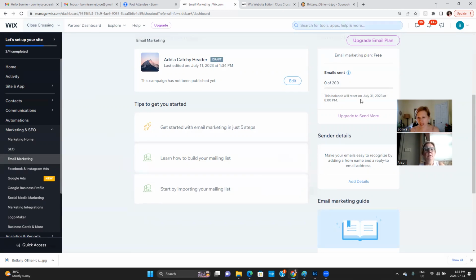They do have some limits on the email marketing with Wix for the free. This is just the free bit that kind of comes with your lowest level Wix subscription. With 100 emails, you can probably send a few emails a month. I think you're allowed to send 500 emails, which means like one email to 500 people. So you might be able to send four or five, depending on how many emails you have, but they keep changing it, so I'm not sure where they're at with it right now.